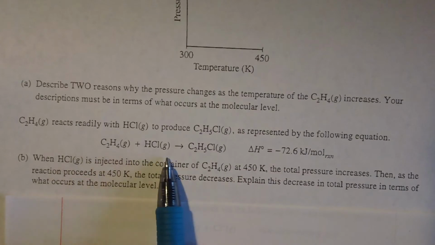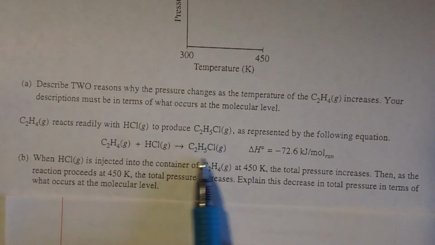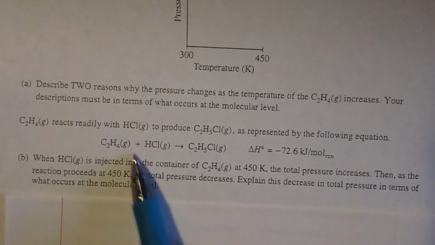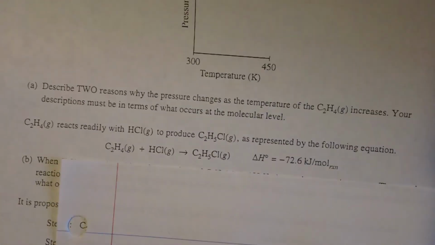Well, what's happening as this reaction occurs is we're going from 2 moles of gas on the reactant side to 1 mole of gas on the product side. So when they're put in there, they are hitting the walls more often and harder, and then all of a sudden they're running into each other more often, and so they are reducing the number of moles of gas in the container. So 5B,